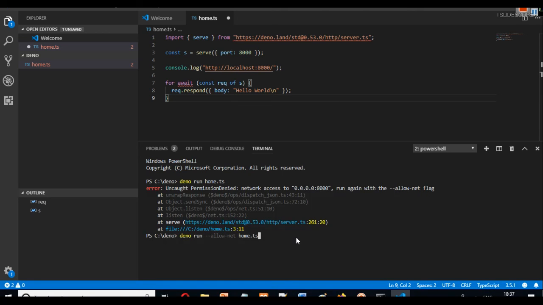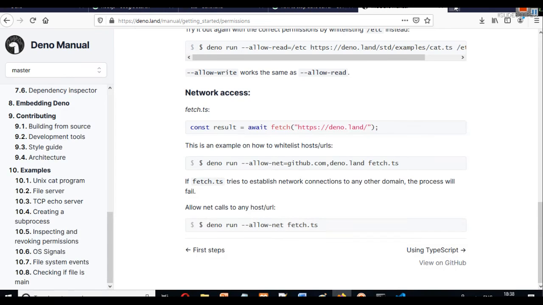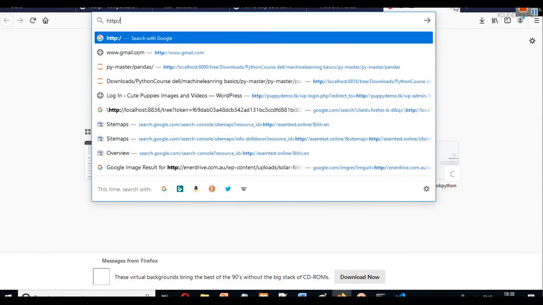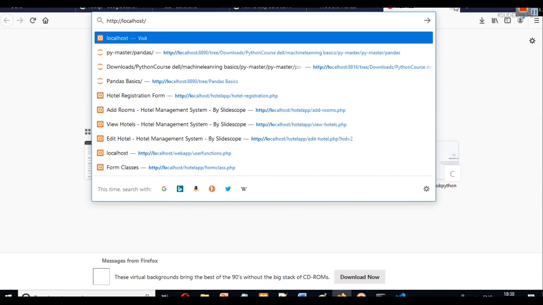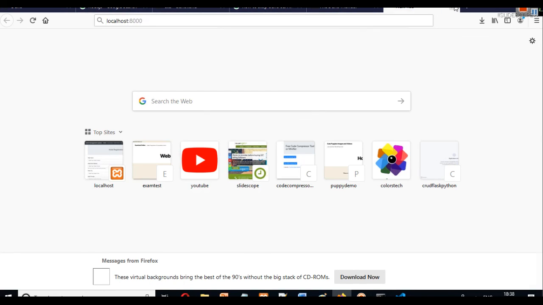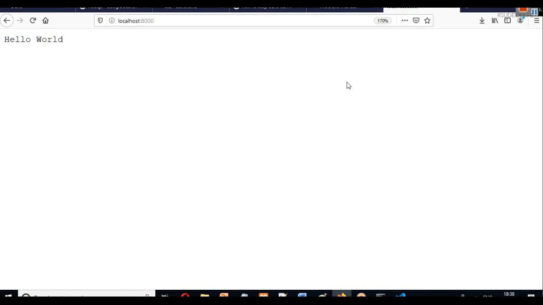Now hit enter. You can see we have got a console log here that this is http://localhost. We can copy this link, and we can type it directly in our browser also. Now in the browser we type localhost, and then write the port 8000, and you can see we are getting this hello world here.